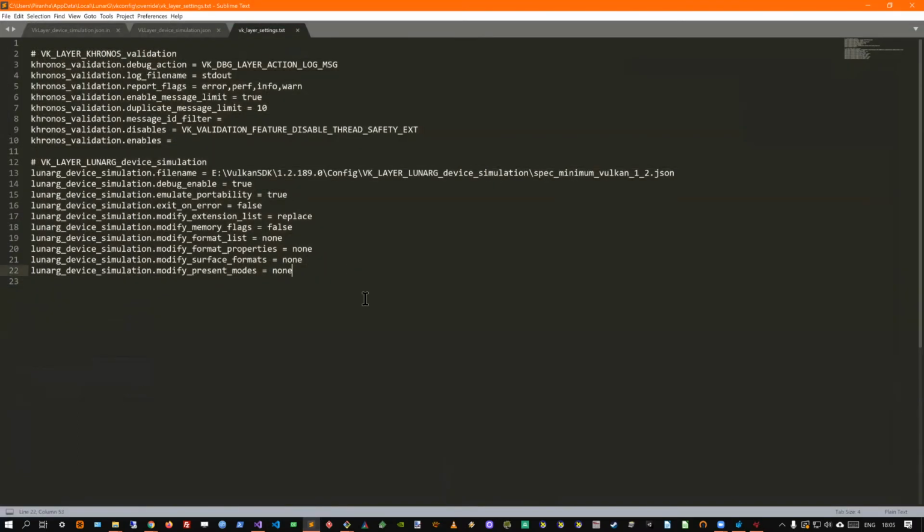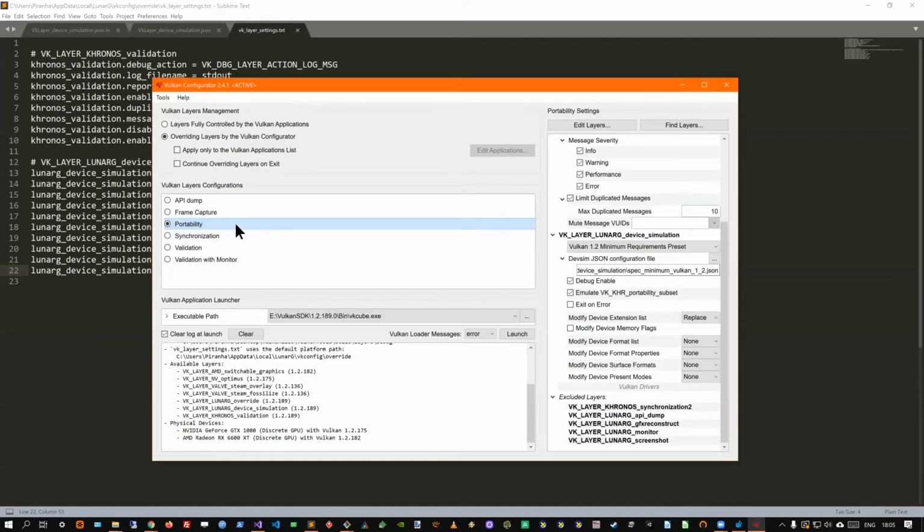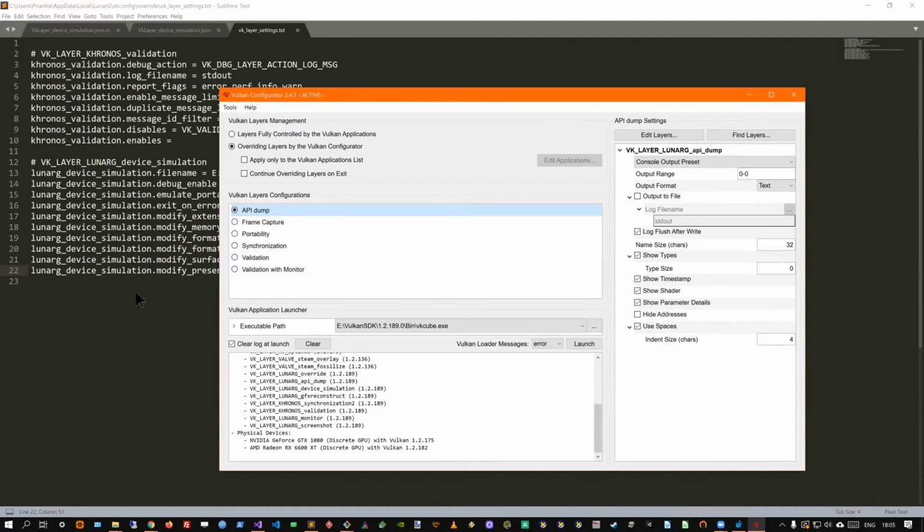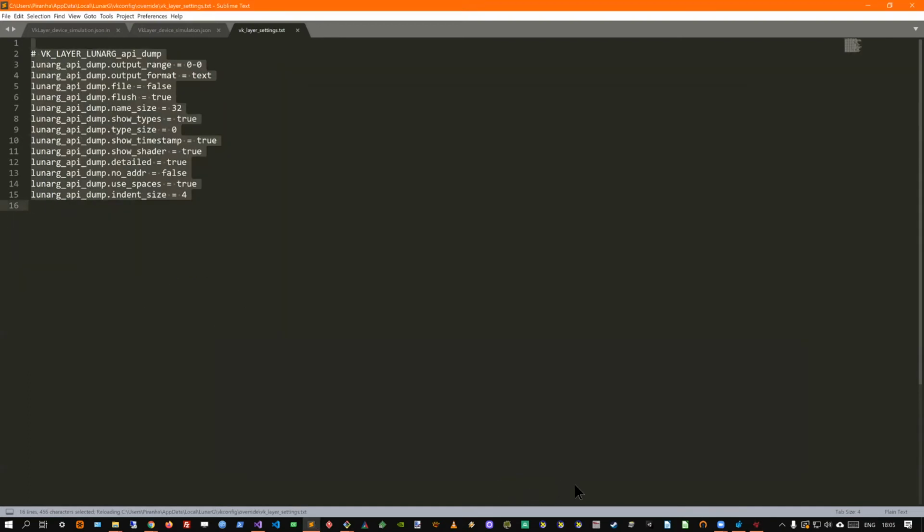First, what we can see is that this file, the VK layer settings file, is the file actually generated at the moment with this configuration. If I change to other settings, I can change this configuration completely. I'm going to use another configuration, and then we see the file is updated directly.